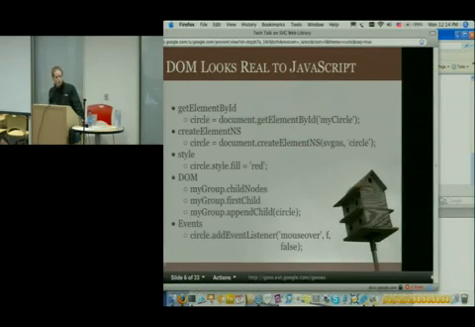If we were to crack this open, you'd see familiar friends if you've done JavaScript DOM programming, like getElementById. In that script, for example, it might grab a circle from the page. That just works. createElement: in HTML, you generally have to say createElement form, for example. In this, you have to add the namespace. We actually add a variable into the page to make it a little easier. But there you are. We make a circle.